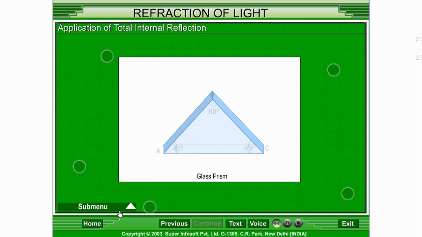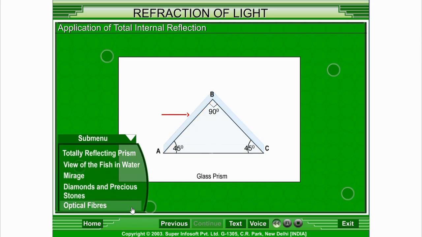Totally reflecting prism. A totally reflecting prism can also deviate the path of a light ray through 180 degrees. Figure 11 shows a deviation in the path of a light ray through 180 degrees due to two internal reflections, one at the point D and other at the point F. In this